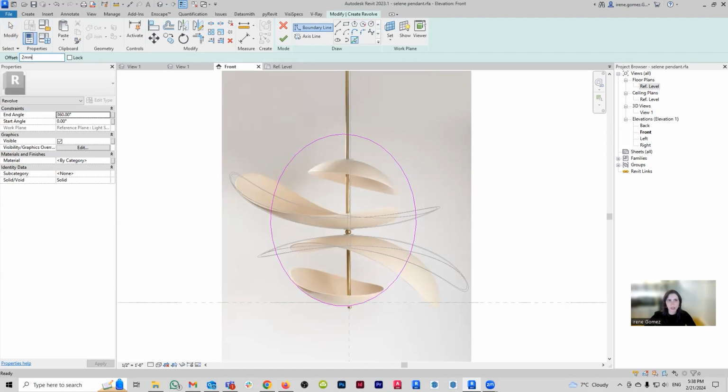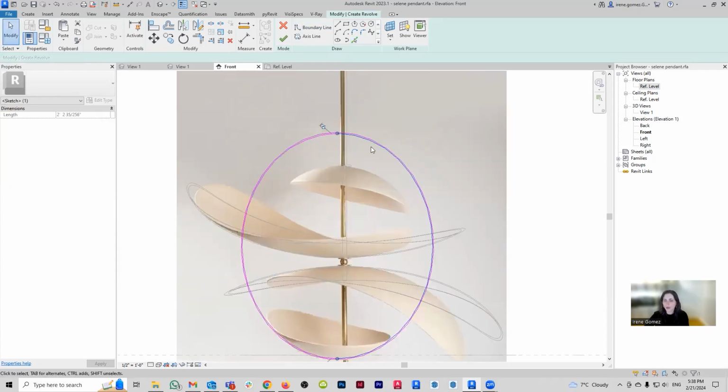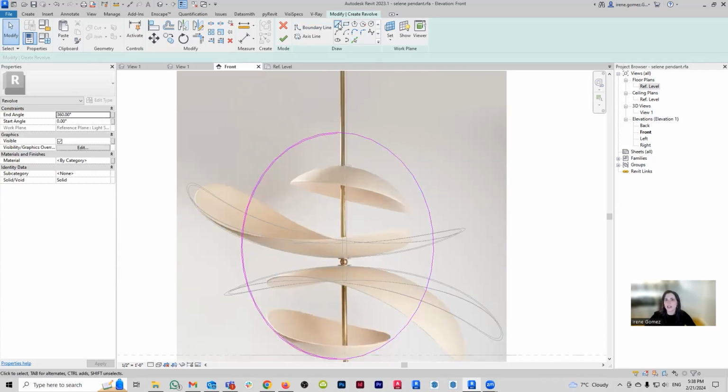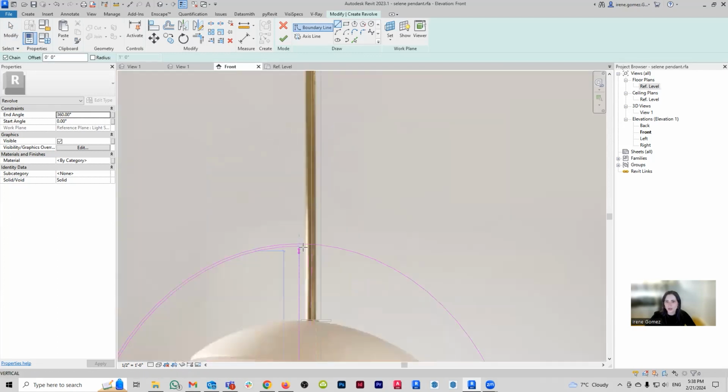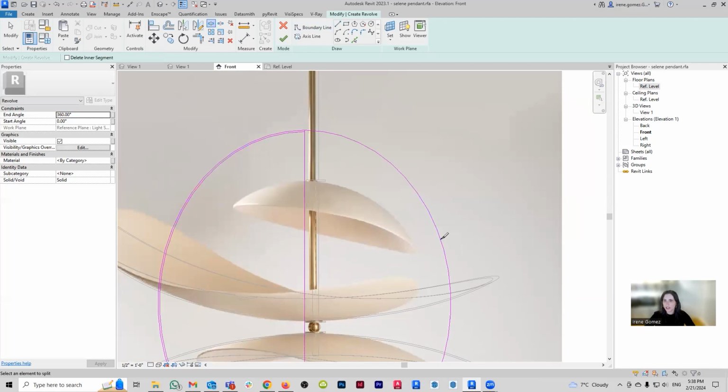So I'm going to go 2 millimeters. Oh, no. First, we are going to cut it. So I'm going to go here. Oh, actually, I can go 2 millimeters. There they are. And then I don't need this half. Yeah. And I can just go here and say, okay, you're going to go from here to here. And then we're going to say SL to split. And then we're going to say trim.